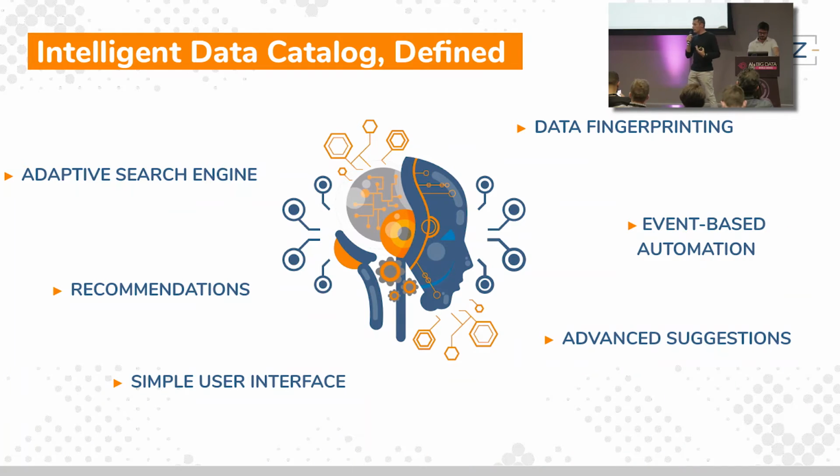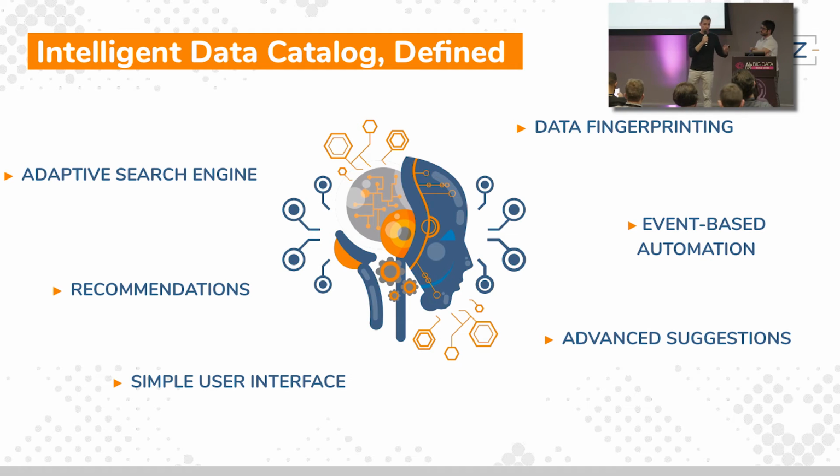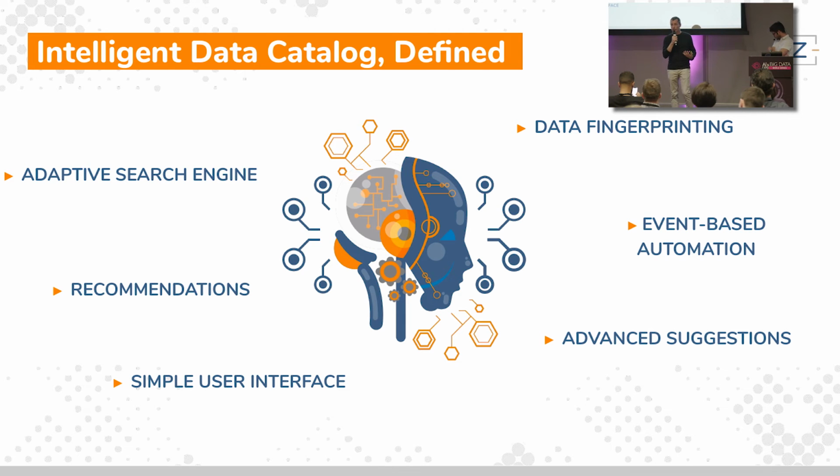We also use event-based automation because, of course, you have these smart algorithms, but you also have some dumb algorithm that is just applying rules to document the information based on your internal standards. So that's something we can just do by creating scripts, and when you detect a data set, use its structure or its location or any information that is already present to build the documentation based on your internal rules.